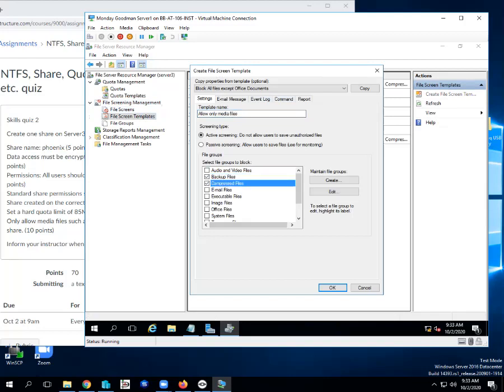And I will block everything else. So I'm going to let audio and video files be the only thing allowed. Gave the template a name, and I'll hit OK.